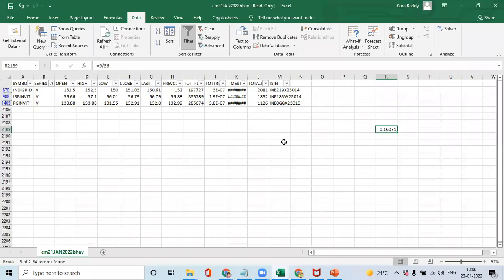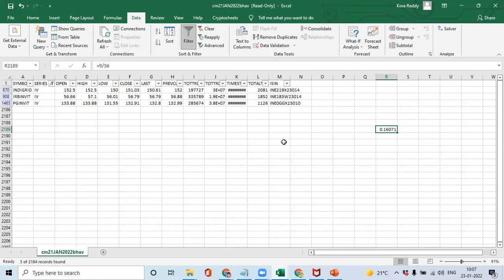Yeah, 9 rupees, correct. So 9 on a base of 56 is 16% dividend yield, which is fairly high. But I think last January the price was also high. But yeah, if you think you will get about 9 rupees next year, this is a high dividend paying unit. Of course, you have to pay the tax on dividend, but